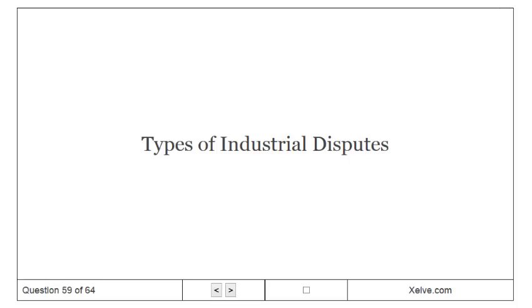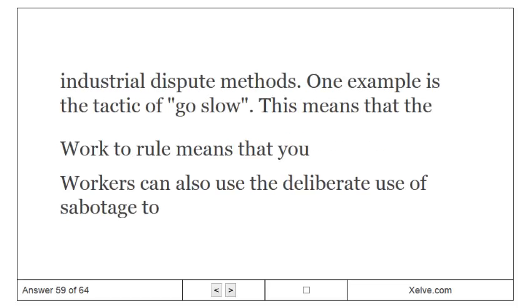Types of industrial disputes. Industrial dispute methods. One example is the tactic of go slow, work to rule, and workers can also use the deliberate use of sabotage.